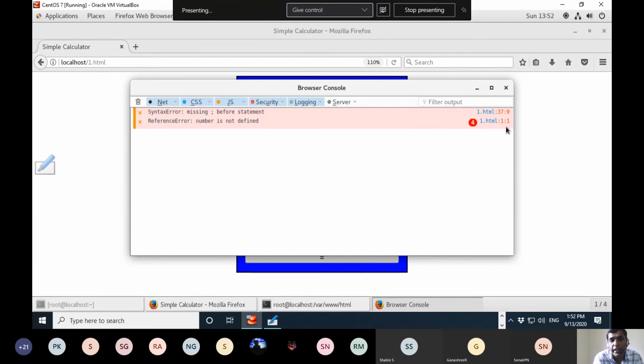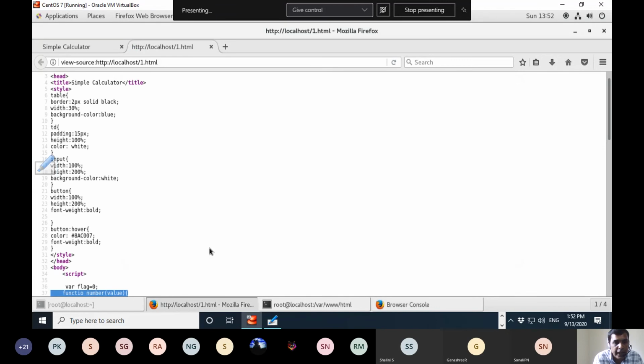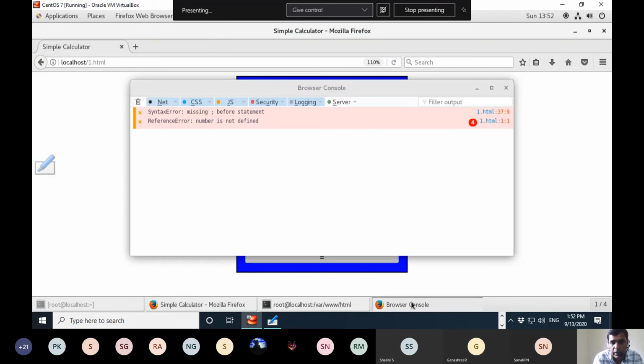So that is clearly indicated. This indicates the line number. You can click on that. That will take you to the document where the error is actually located. So the browser will show you line numbers in which the error has occurred. So the error console or browser console should be used to check JavaScript errors.